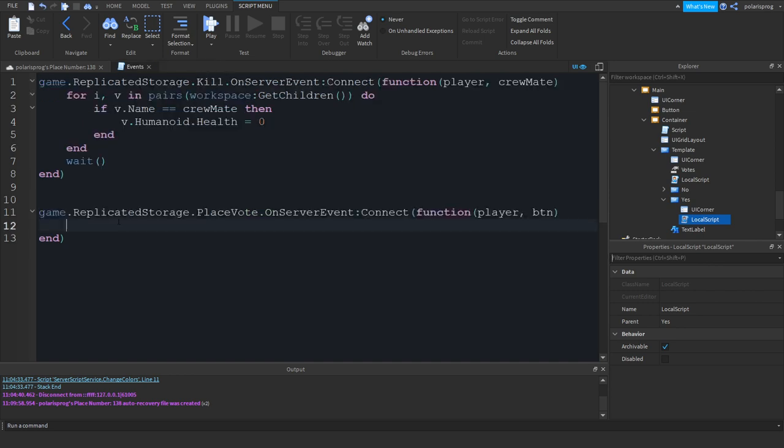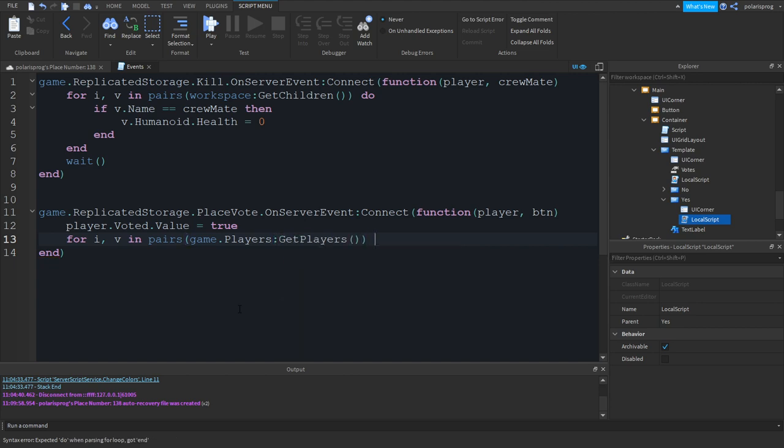So all we have to do is to set player.voted.value to true, and we'll loop through all of the players in the game. So for i, v in pairs(game.Players:GetPlayers()) do, if v then